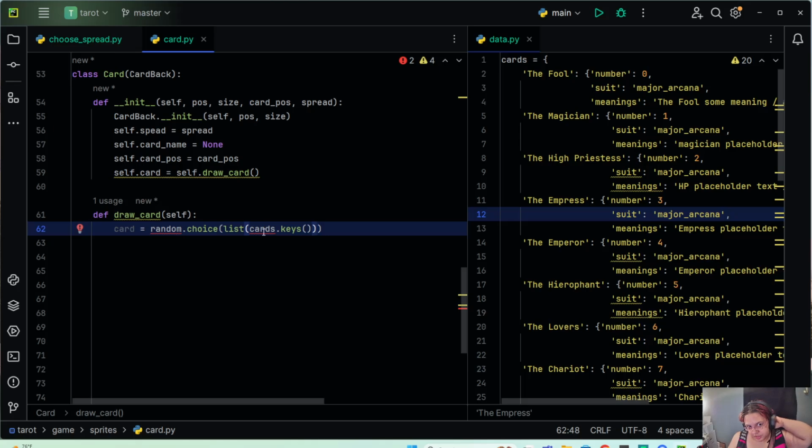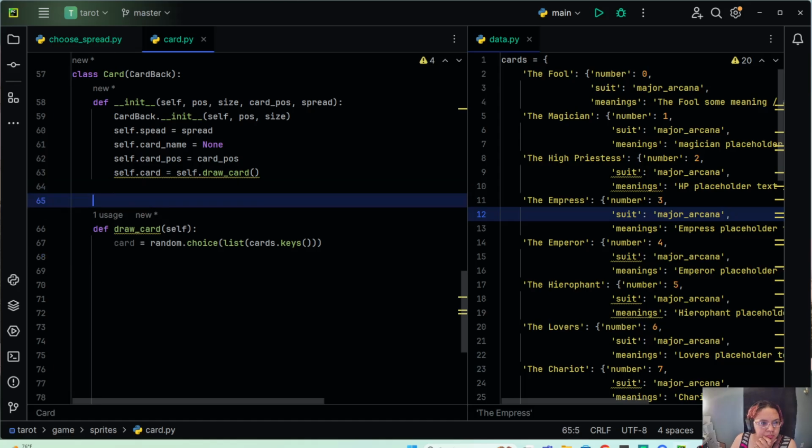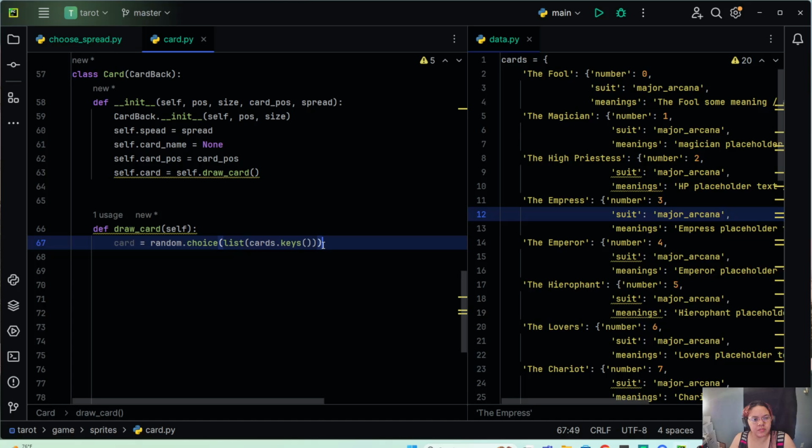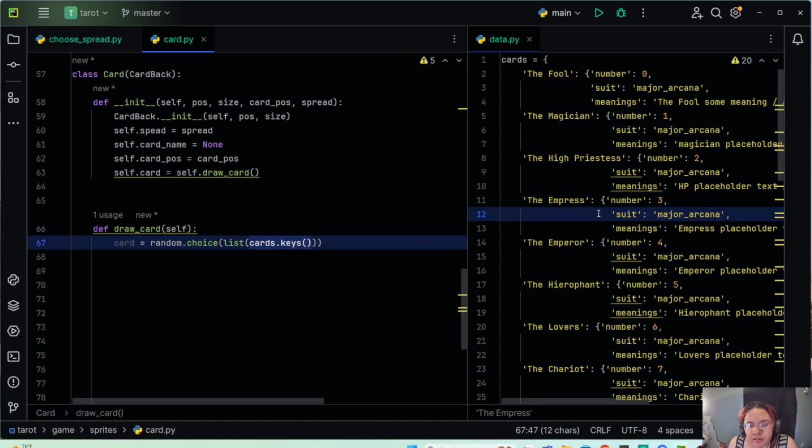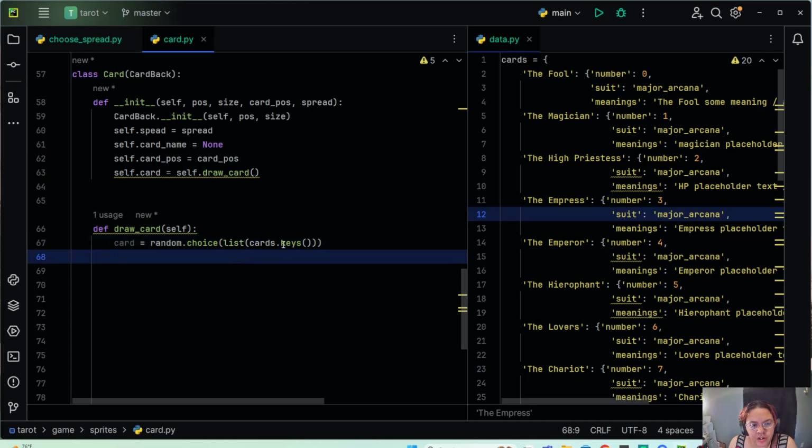Okay, so we need to import cards. We'll import data.cards, and we need to import random. Which is it? I never know. I think it's the second one. Yeah. Okay. So, we'll take cards.keys, which is all of the keys, all of the card name strings, and make it into a list. So list cards.keys, that's what that does. And then random.choice is going to return a random item from that list. So a random string